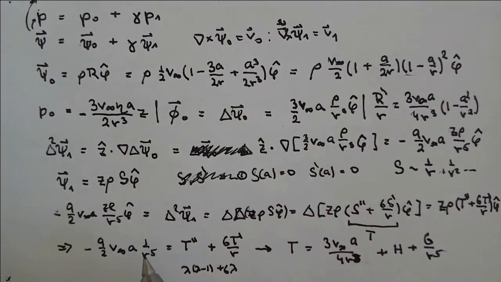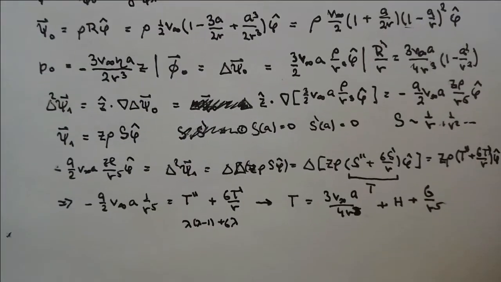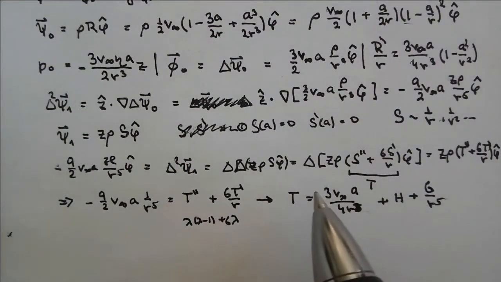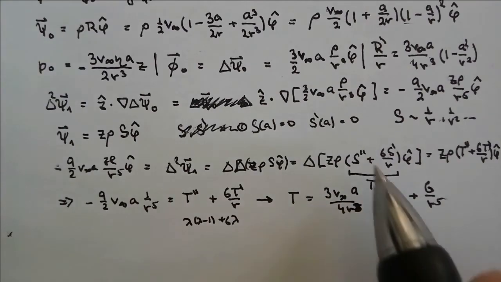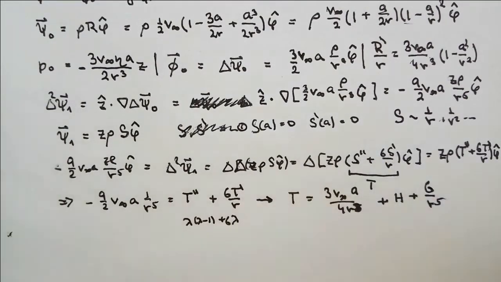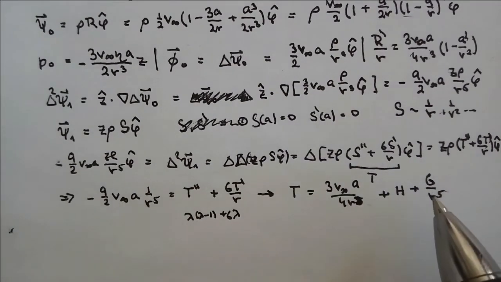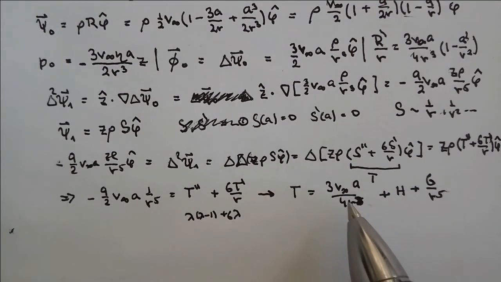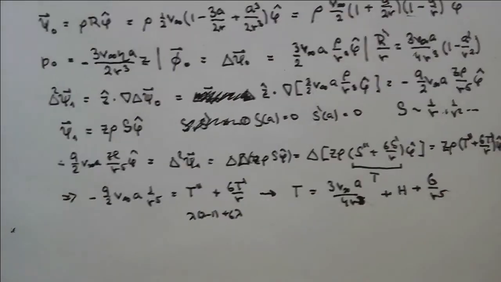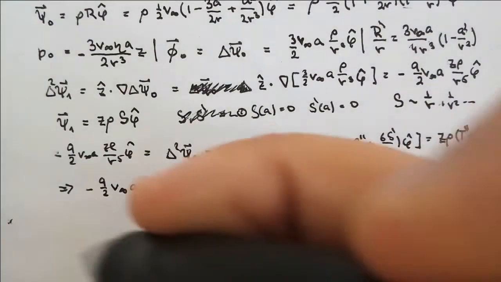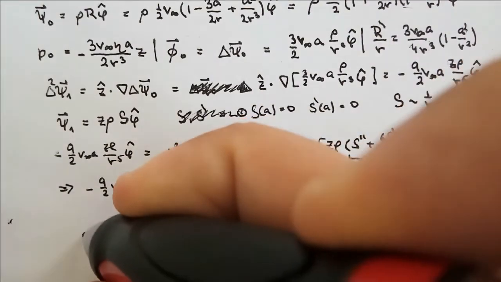And you can guess the solution for this. It's some constant times 1 over r cubed, because the second derivative will get this, and this is basically the solution. Also for s, because this is t, and this should be equal to this part. So s is going to be this, and it is also a differential equation, and when you solve it, this is also the second power more, so it's something over r, and if you solve it properly, you will get that s is equal to